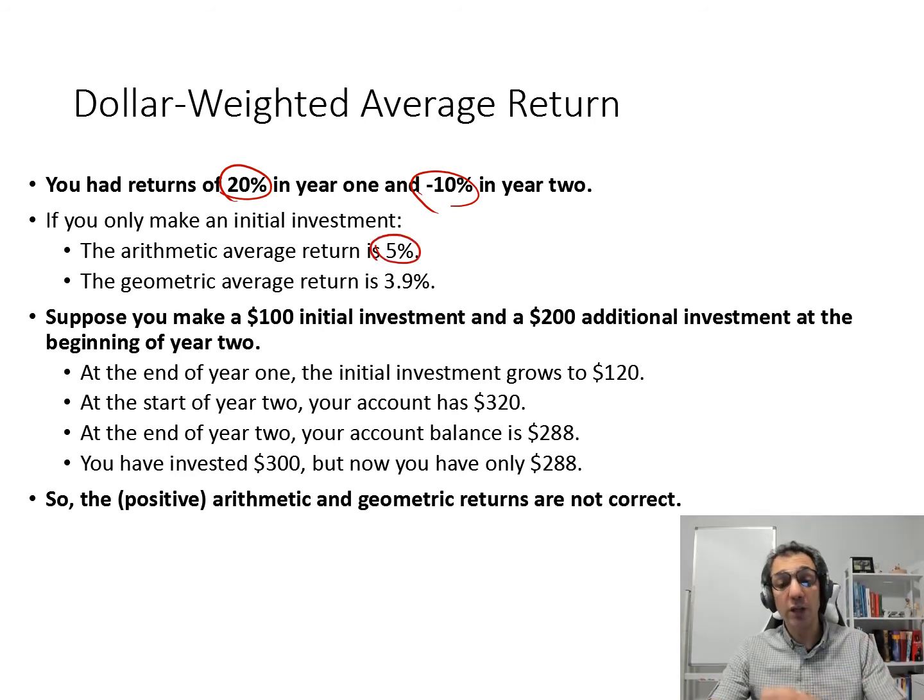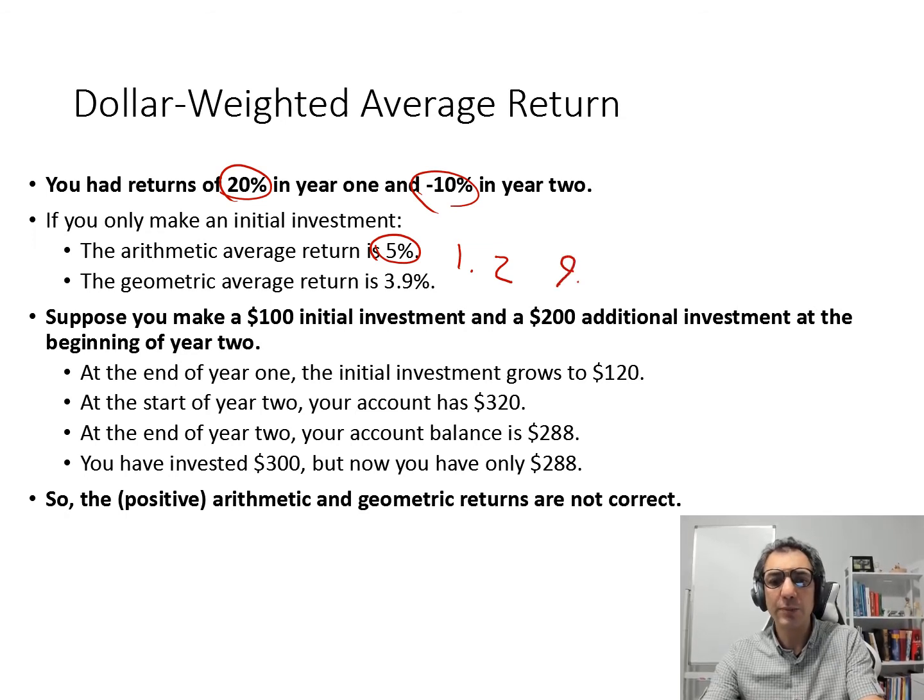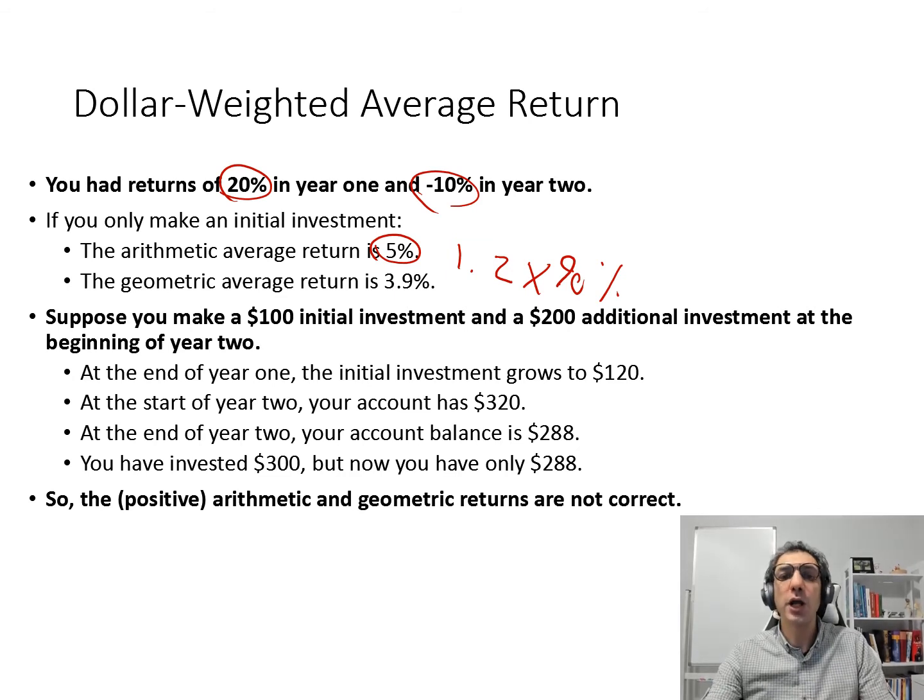If I ask you to calculate the geometric return, you can simply say, 1 plus 20% is 1.2, and 1 minus 10% is 90%, or 0.9. So you are multiplying 1.2 by 0.9 and then finding the square root of this number,